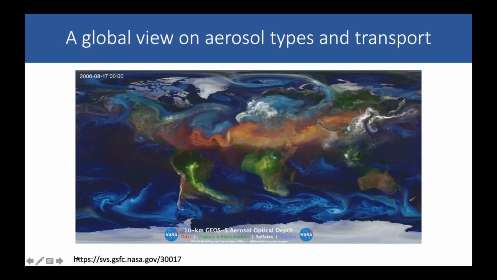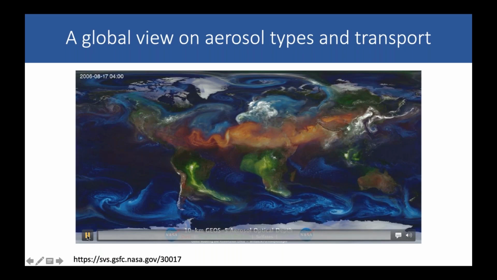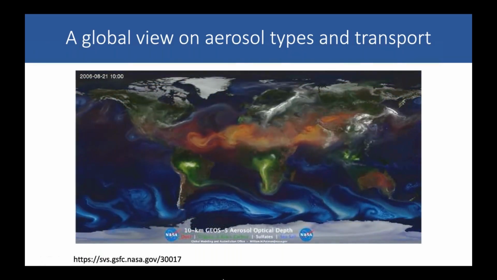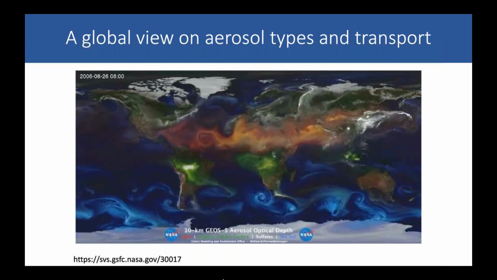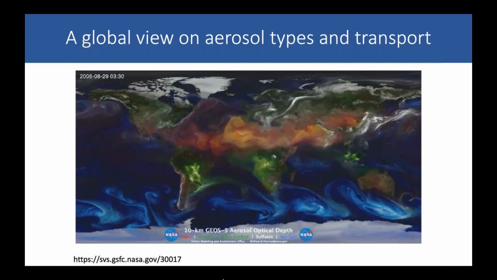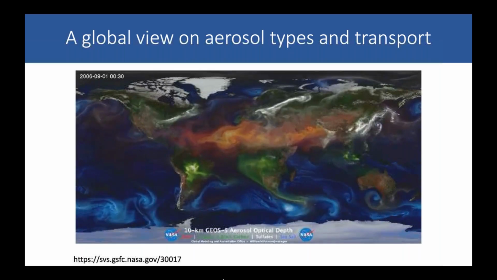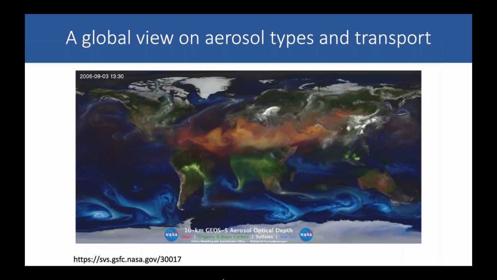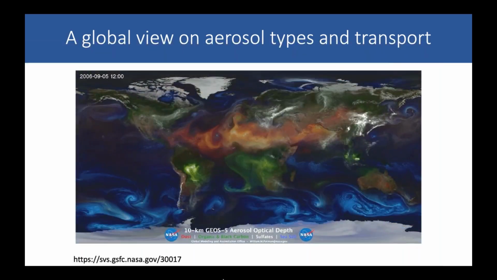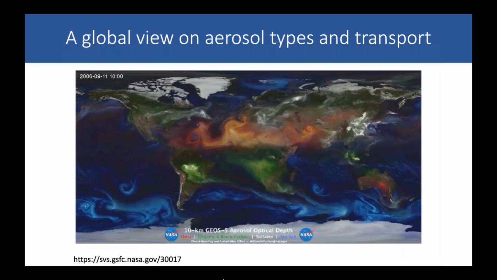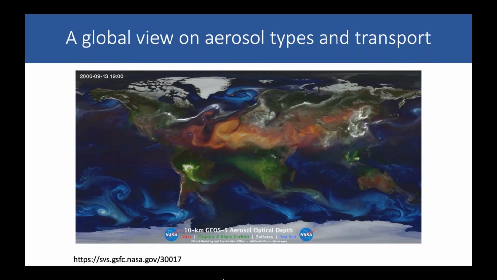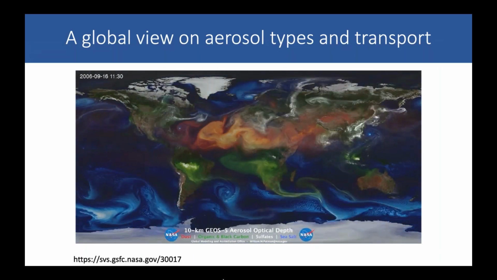So we want to start with a global view of the atmospheric aerosol. And what I'm showing here is a movie that was produced by a group at NASA, and it shows the global burden of different types of aerosols as they are transported around the globe. And so what you can discern from this picture very easily is there's dust coming from the desert of the Sahara being transported over the Atlantic Ocean. That's the